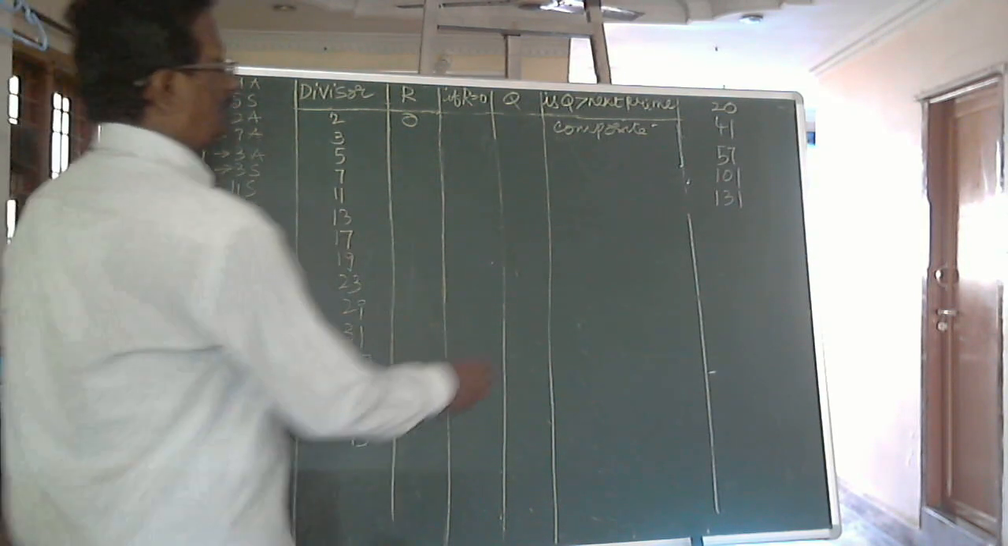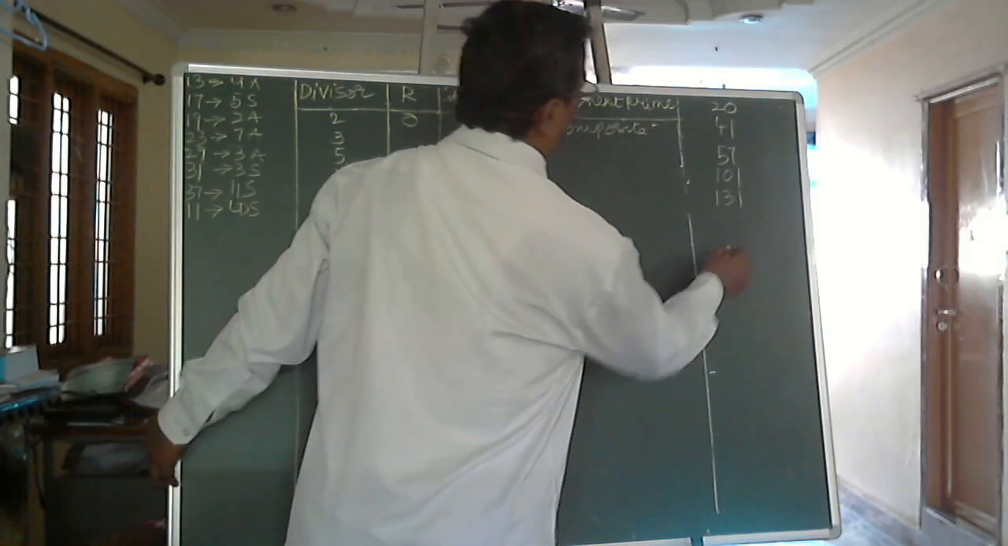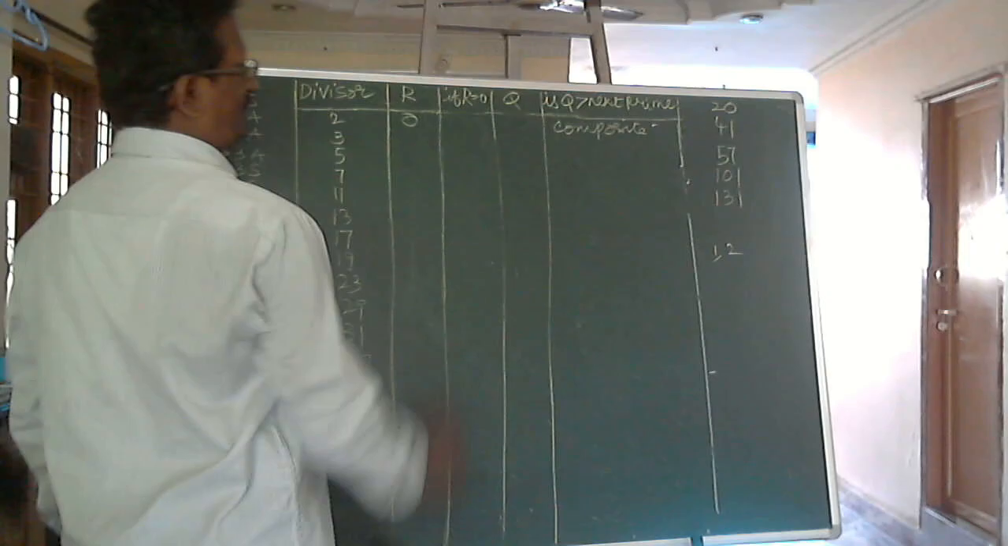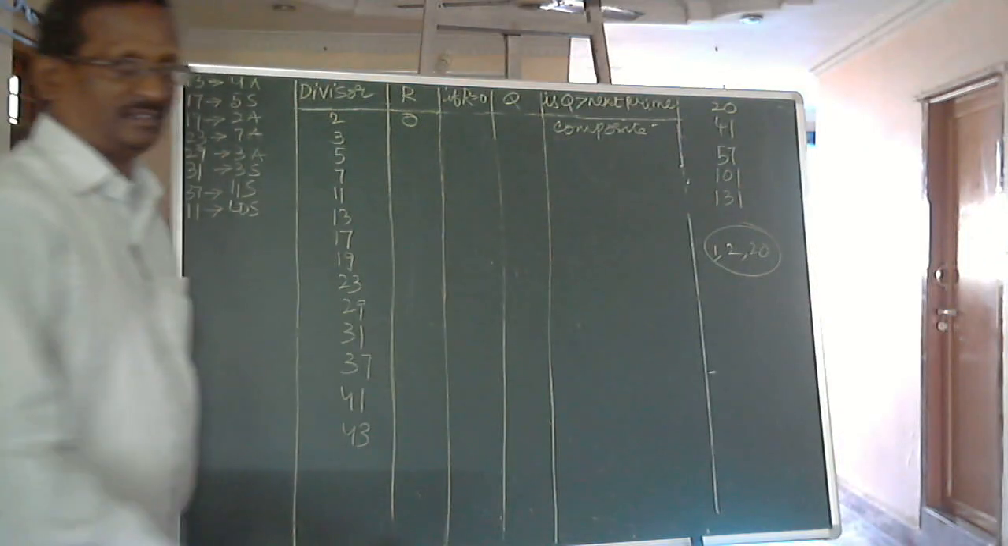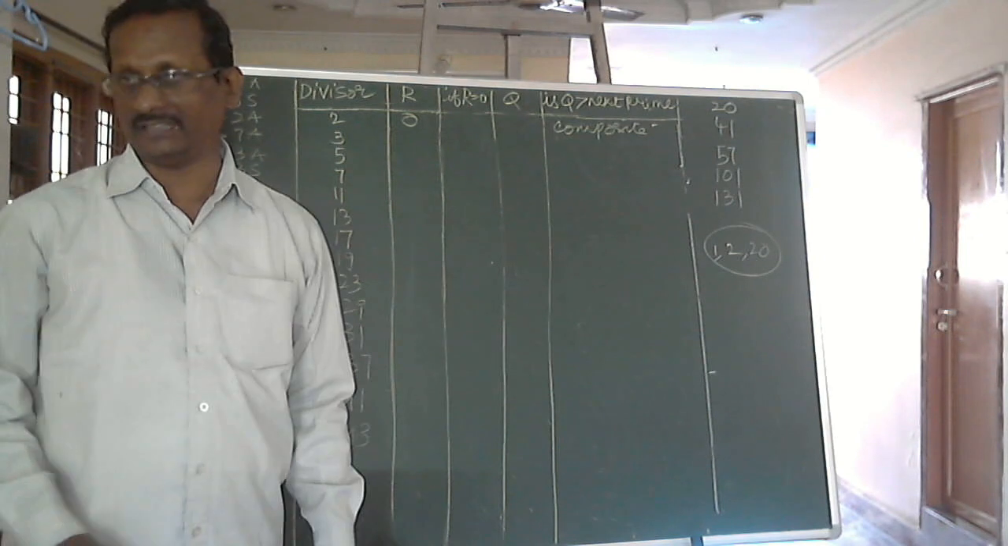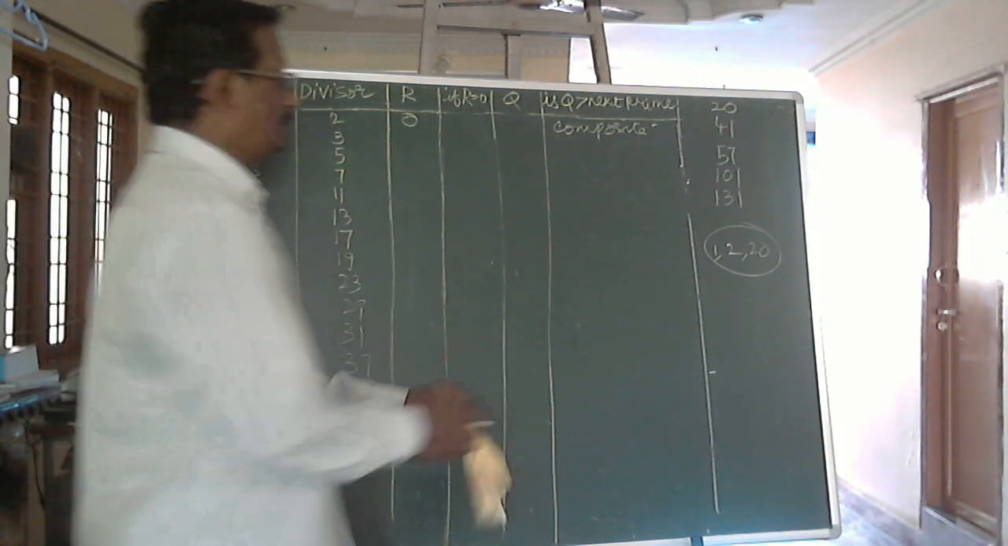2 is a factor, and 1 is a factor of every number. Here it is decided 2 is a factor, and 20 itself is also a factor. With more than 2 factors, it is enough to say that the number is not a prime. So next we will do